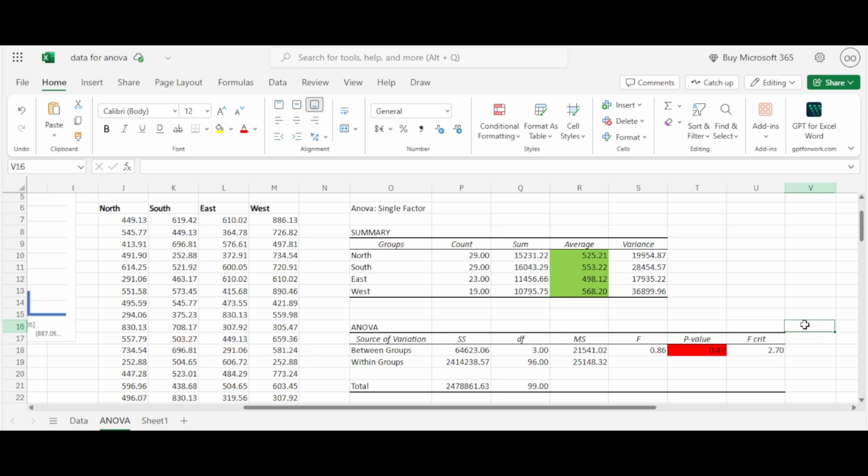Now let's check the output. At first, you can see the average sales for each region, and from this analysis you can clearly see that the lowest average sales belong to the East region. Now we have to identify whether there is any significant difference among the regions for the variable sales. So to do that, we have to check the p-value, and you can see that the p-value in this case is